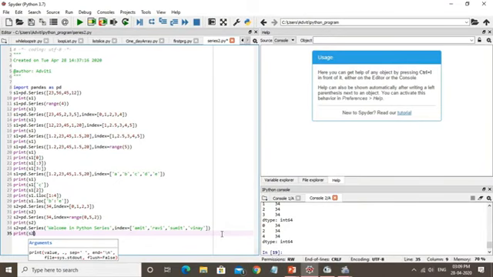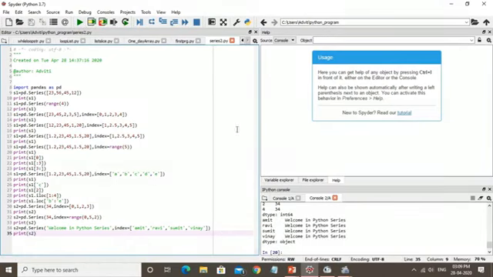And run this program. Now you can check here the output window showing the index we have provided on the left with the values to the right in pandas. So you can check here the indexes are Amit, Ravi, Sumit and Vinay, showing the index in a string format. And the value we are using, we are writing here the string value welcome in Python series. So all the indexes show the same value in the form of a string. Now you can check the data type is present in the form of object. So the series index can be of string type.